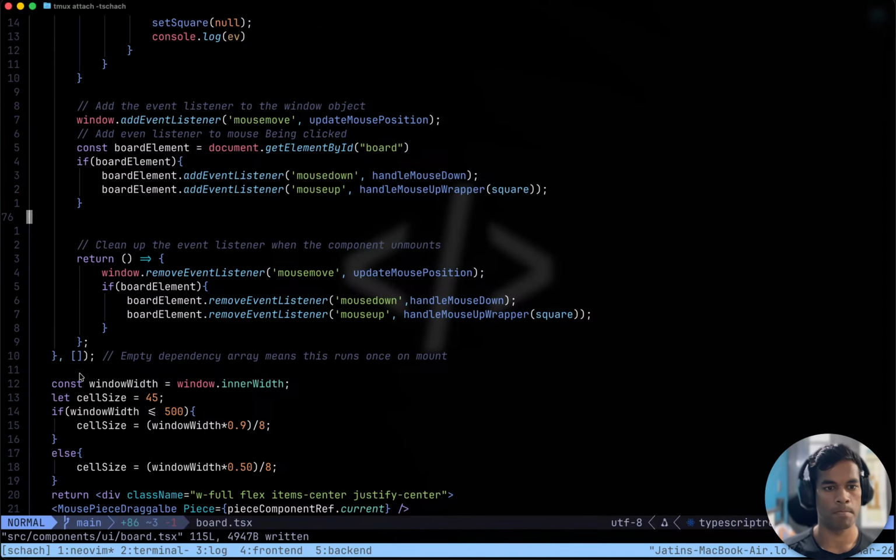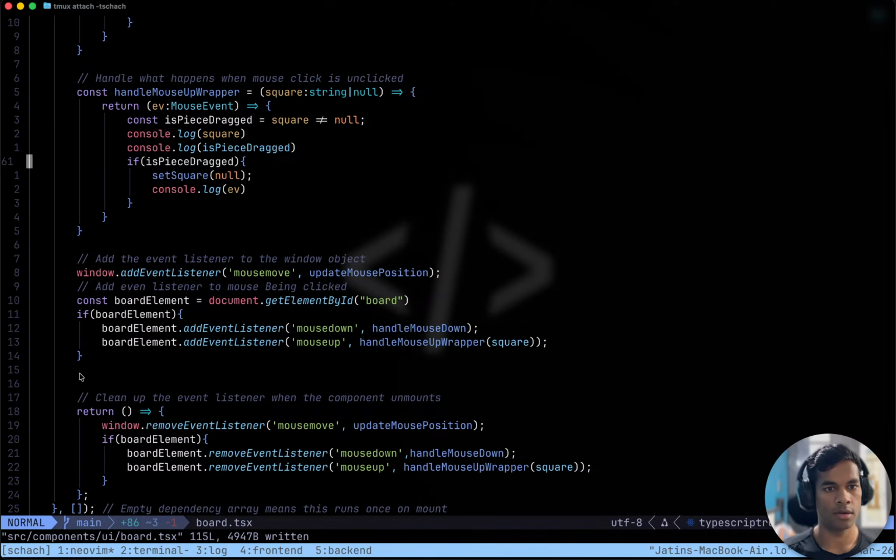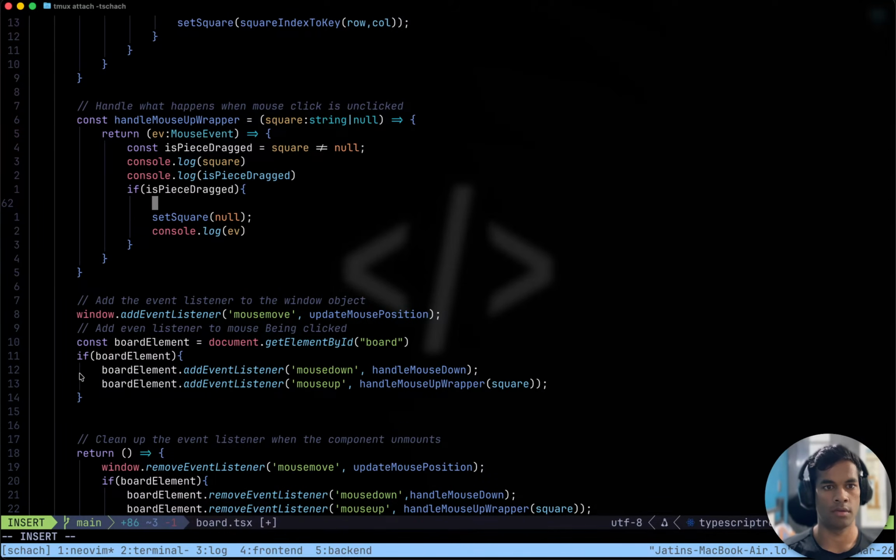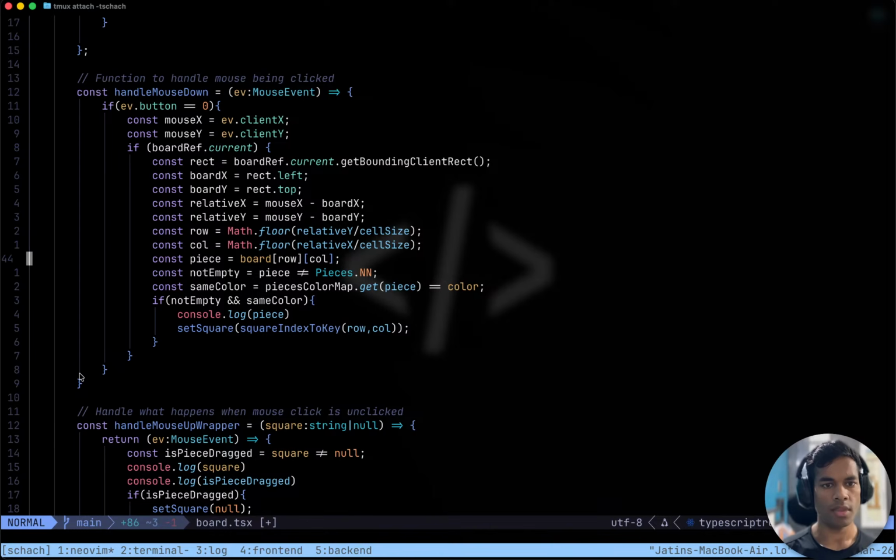Okay, piece component ref dot current. Yes, and here, if is piece dragged, then this is for mouse up.